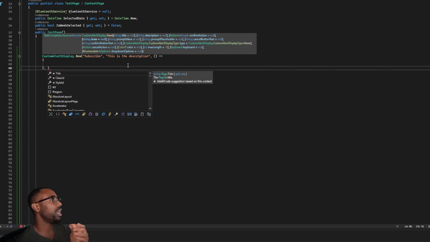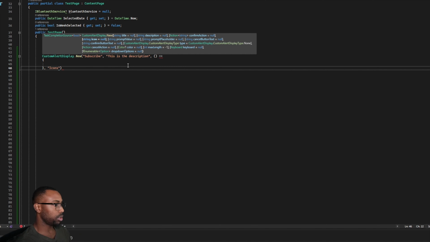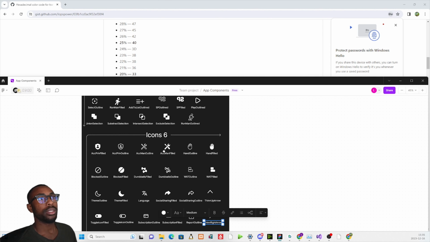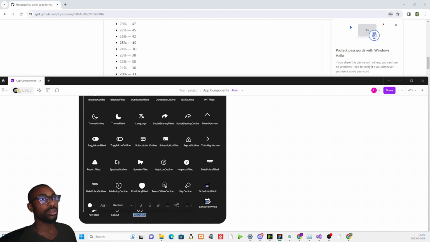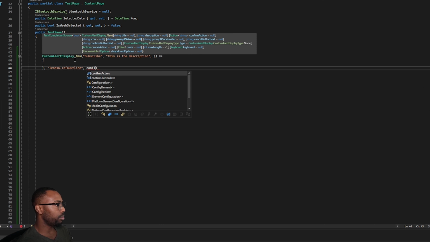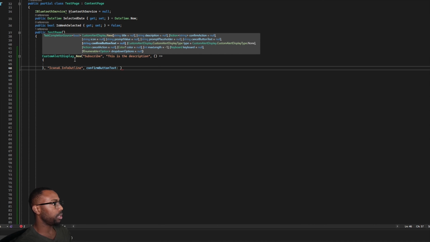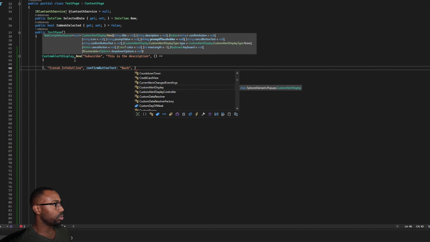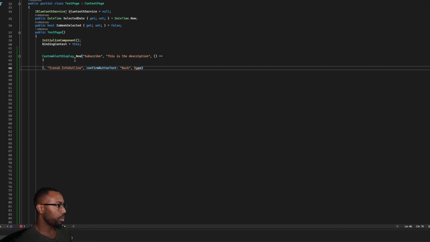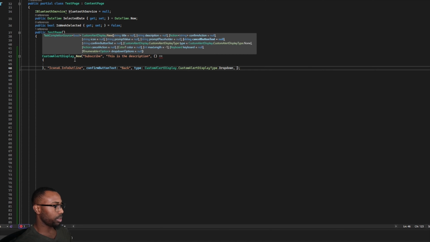I mean, we can just add an icon, just to have one. So we say icons. What icon should we add? Icon 6, then the confirm button text, and we have no placeholder. We want the type. What type do we want? We want the drop down type, and then also the drop down options,